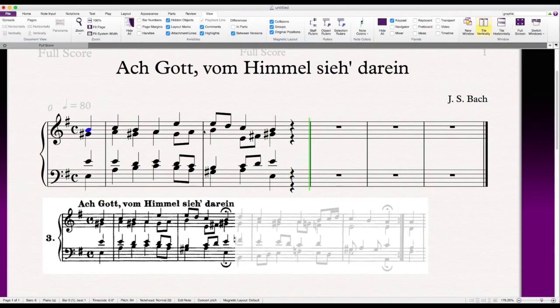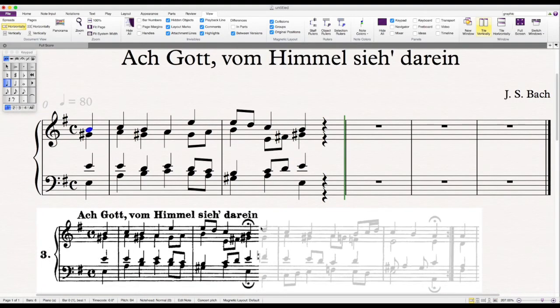The last step is to add fermata on the notes at the end of the phrase. Click and select the last note in the soprano part, then go to the fourth page on the keypad. Click the fermata button on the bottom left-hand corner. Repeat the same steps for the last note in the bass part. Let's listen to the music with fermata.